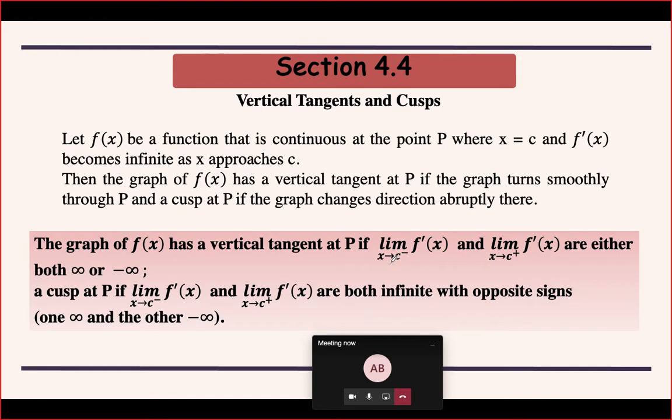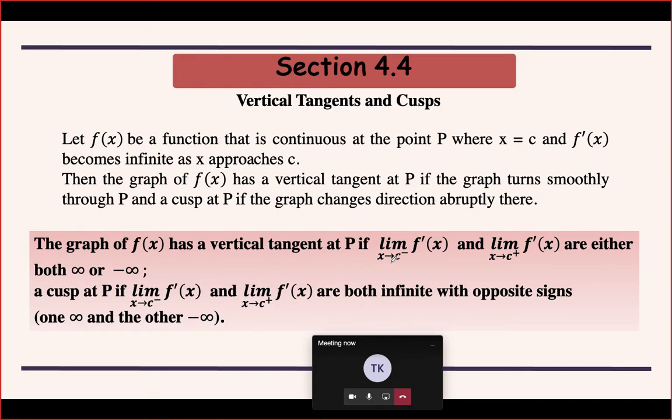A vertical tangent and a vertical asymptote. When we define a vertical asymptote for a function, what do we say, or how do we find out? The first one almost approaches it, but a tangent would touch it. How does that first method work? What do we do in that method?